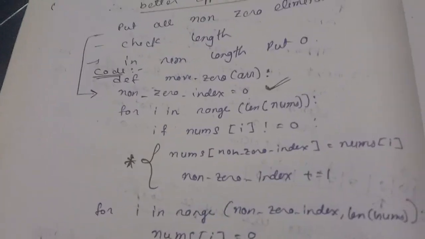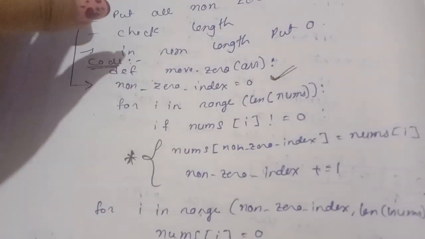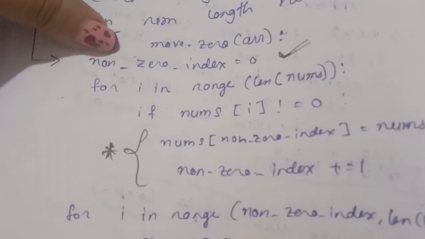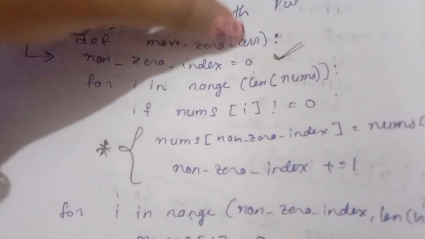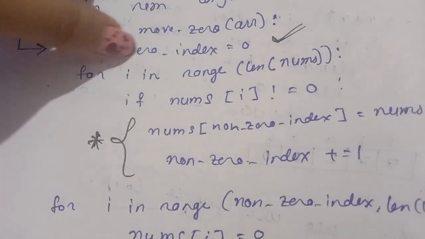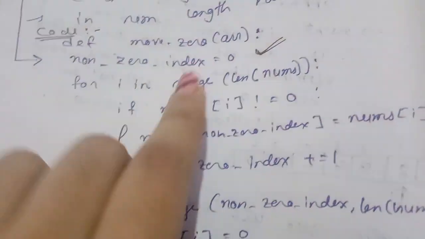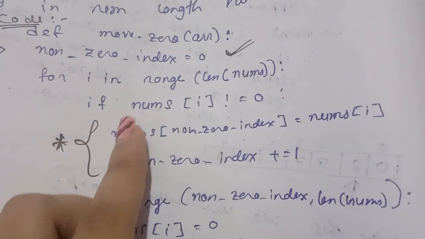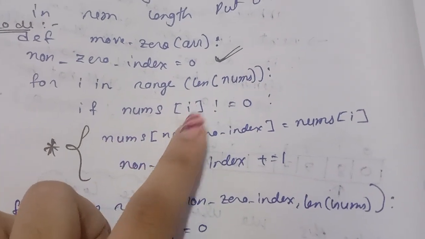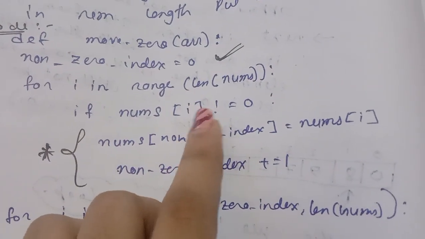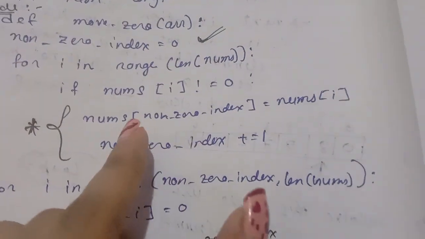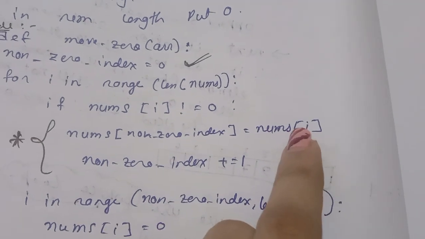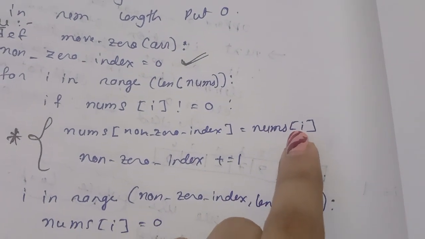This is the approach. We initialize a variable, whatever name you want to give. I have named it non-zero index, and initially I have taken it as 0. Then I use a for loop over the range of the length of the array, and check if the element inside the array is not 0, then we put the ith element into